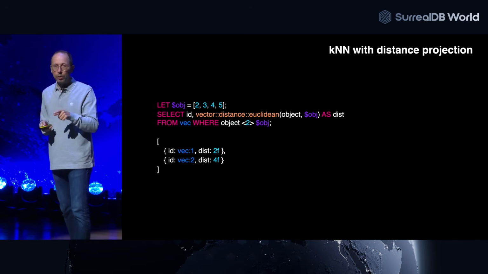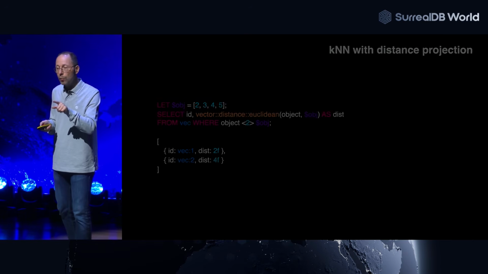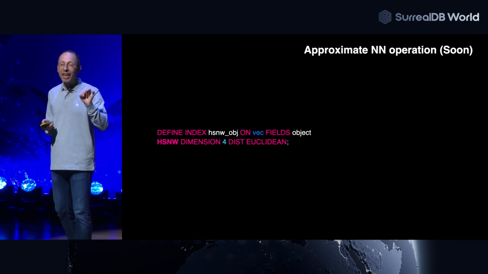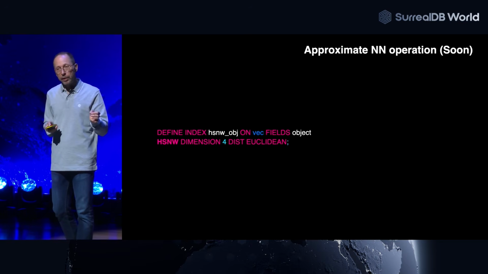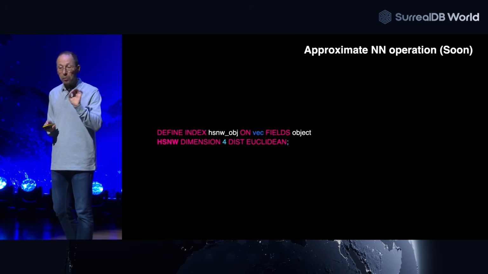So in a few weeks, you are going to have another implementation, which is the one you would like to use in a production environment. I was talking about the next one, which is approximated NN operation based on HNSW. Those of you who already use KNN or ENN operations know that it is the algorithm that optimizes and is faster, but is approximate enough for many AI applications. So this will be available as well, and it will be a different index. The only difference is you put HNSW in the definition rather than M-tree.